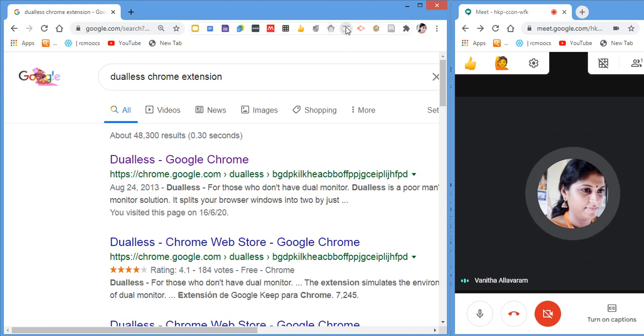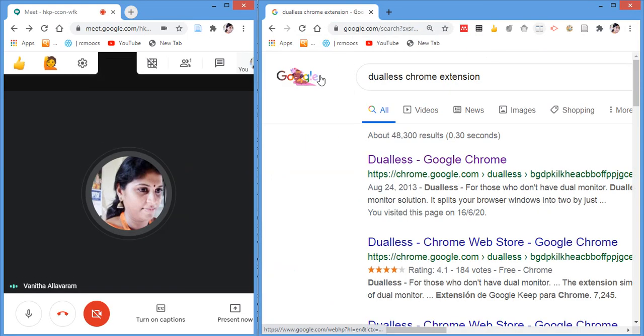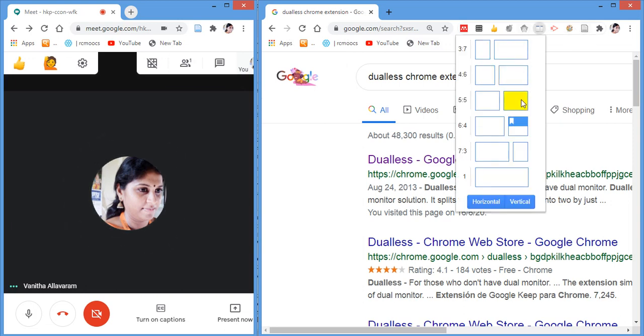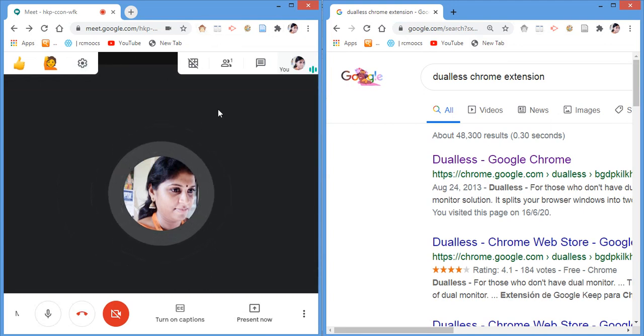For example, I will change the ratio of the screen. Now it will change accordingly. I can split the ratio. For example, at a 5 to 5 ratio, I am splitting the screen. I can show the screen to the people who are viewing what I am showing, and I can also type the things which I want to do during my screen sharing.